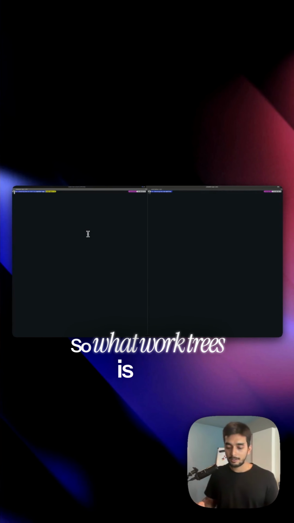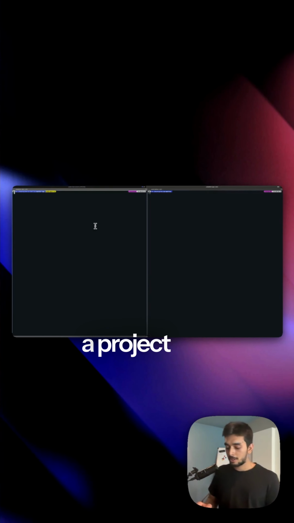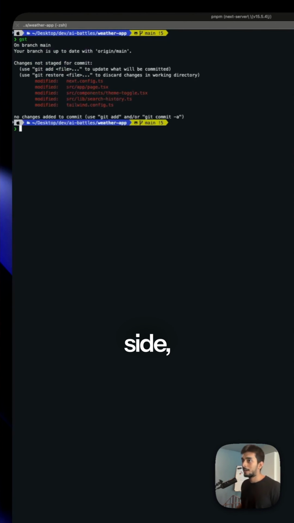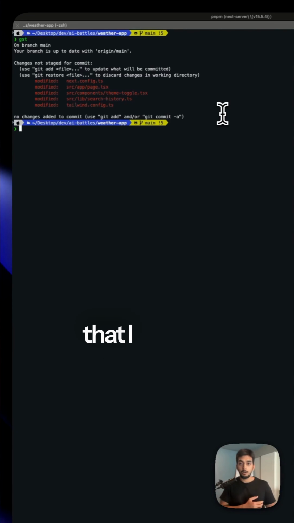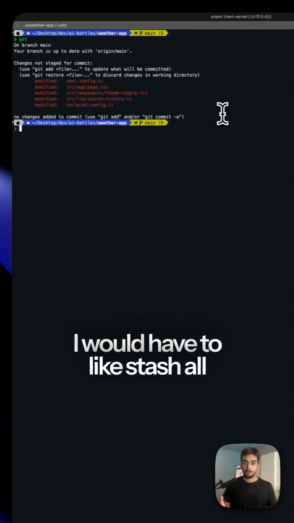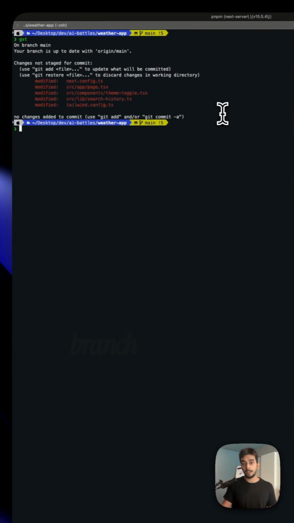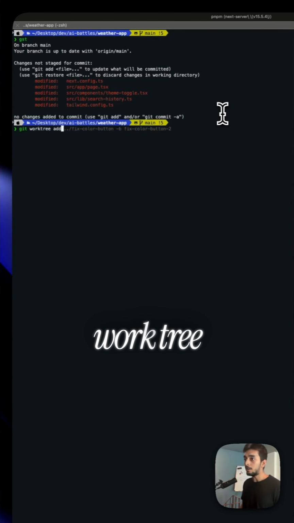So what Worktrees is: whenever you are working on a project and you have a lot of changes currently. For example, on my left-hand side, I have a lot of changes that I'm working on in the main branch, and suddenly I get a bug fix request or a new feature that I want to work on. So traditionally I would have to stash all of these changes and go to the new branch and create everything there. But right now you can just go ahead and create a new worktree by running